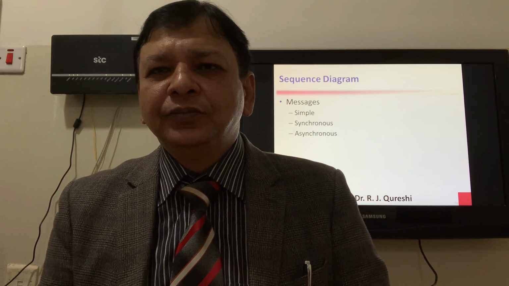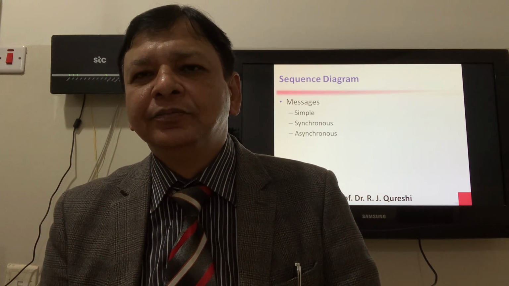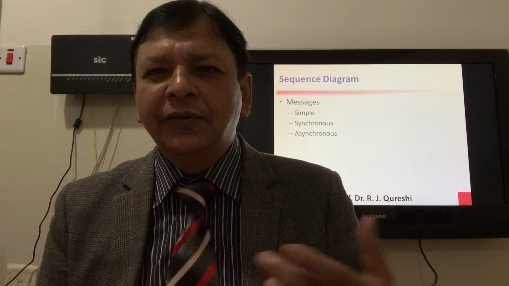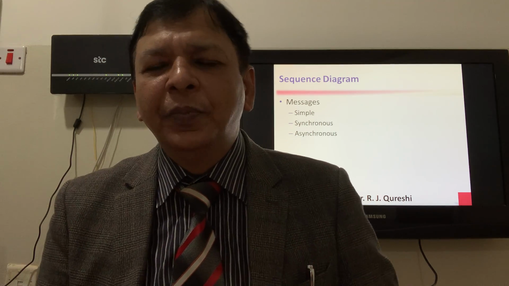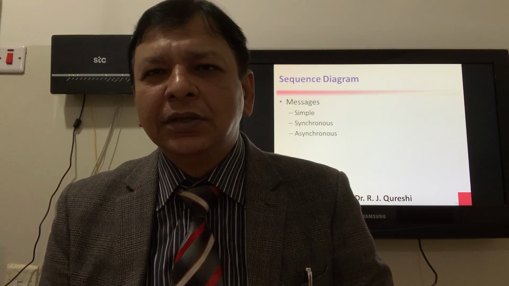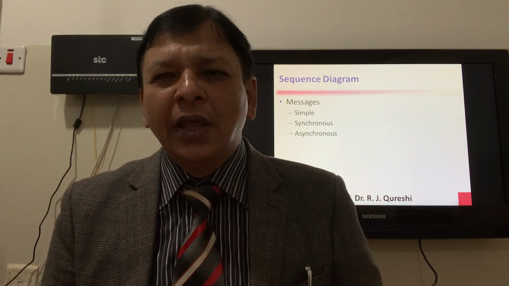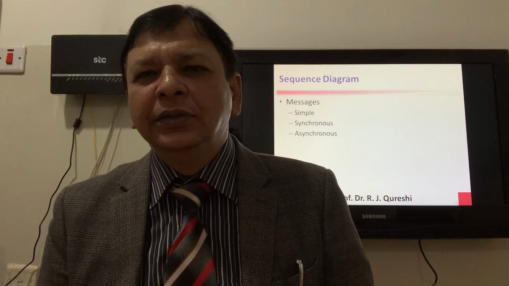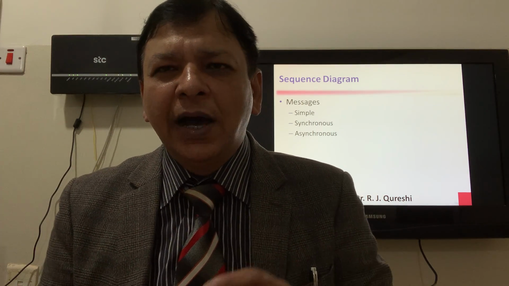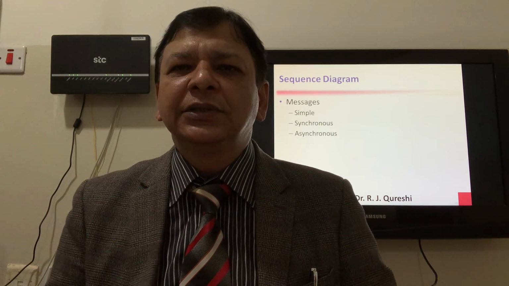The synchronous, for example: fuel is there, battery is okay. And asynchronous, like check the window is open, check the door, check the seat belt, check the airbag. So these are asynchronous. Even if the door is open, the window is open, or you did not wear the seat belt, the car will still start. So that's an example of an asynchronous message.